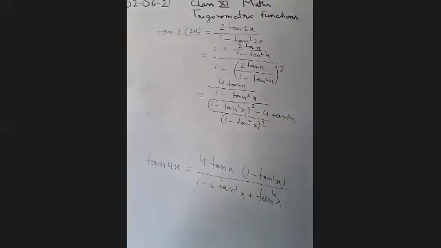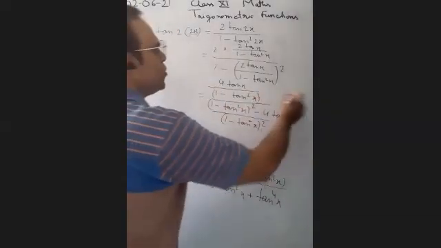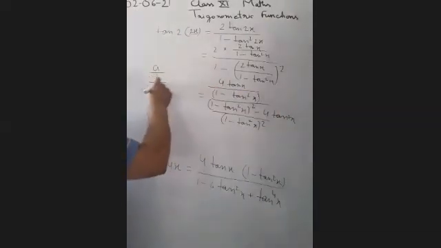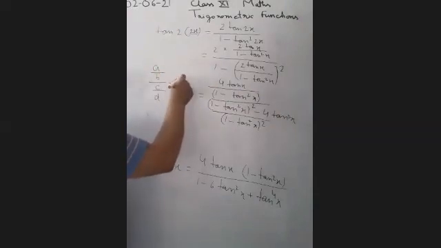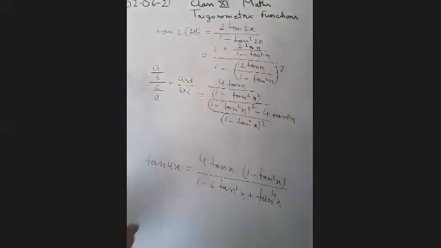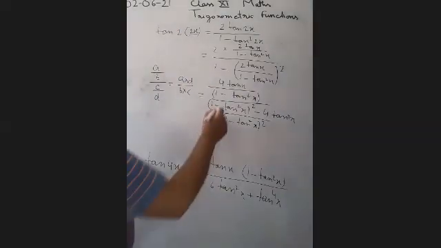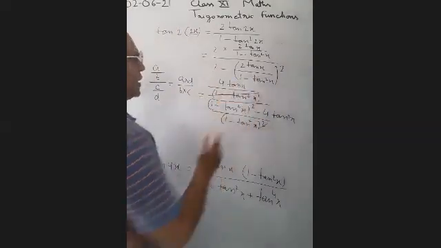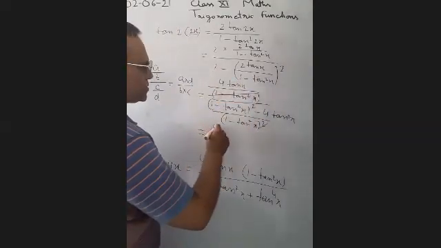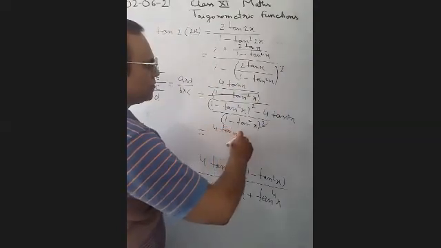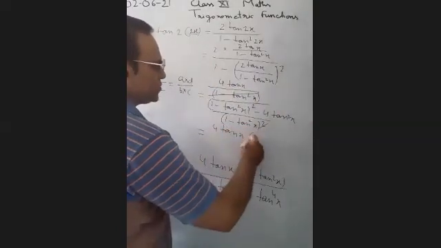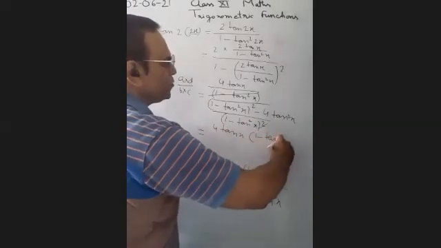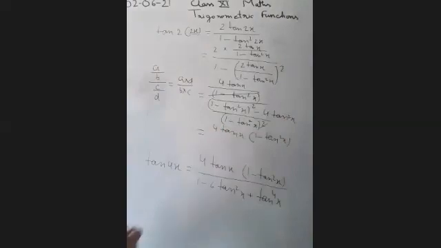Okay? You are observing that it is of the form A upon B and C upon D. So what can we do? We can multiply A into D and B into C, and this operation we can apply here. So this term can be cancelled, we can cancel it with one power. This term will be multiplied here. So you will get the answer 4 tan x multiplied by 1 minus tan square x. So we see that we got the numerator that we wanted.